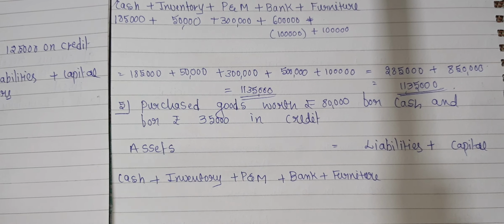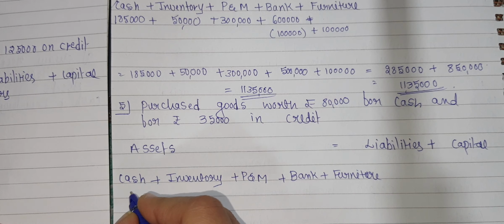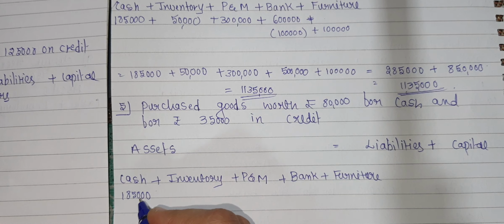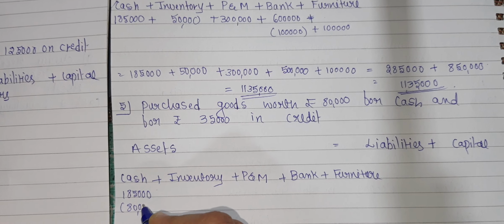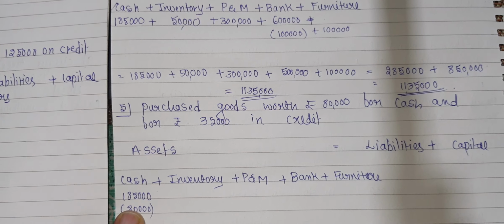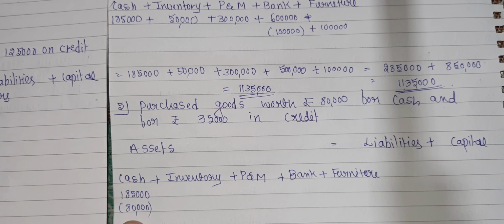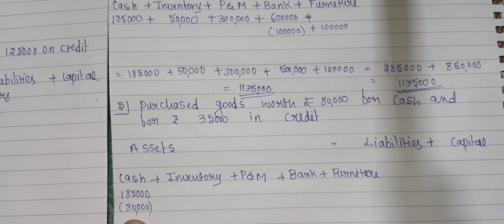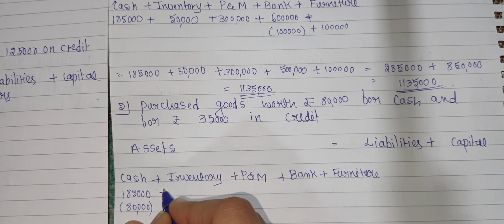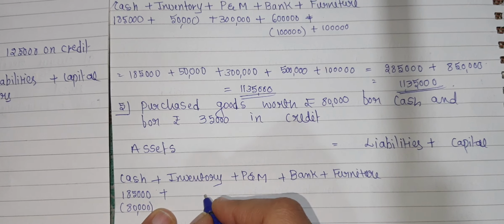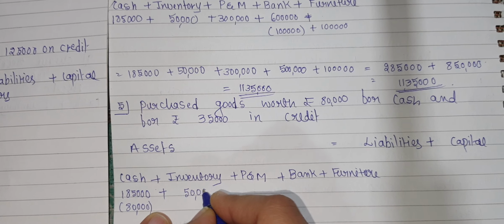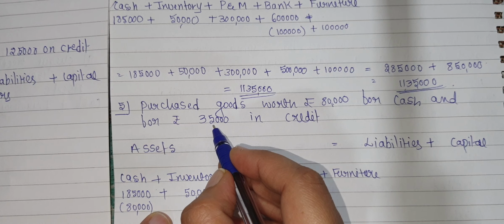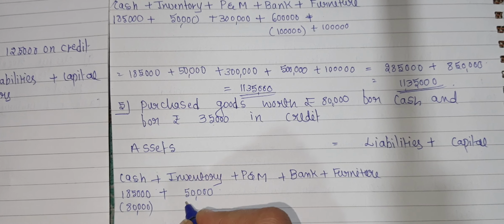Fine, now we will solve the problems. Here cash is rupees 1,85,000 and we purchased the goods for cash, that is rupees 80,000. Out of rupees 1,85,000 we have paid 80,000 rupees for purchasing the goods or inventory. And what about inventory? First we had 50,000 rupees of inventory and here we have purchased 80,000 and 35,000 of inventory, that is rupees